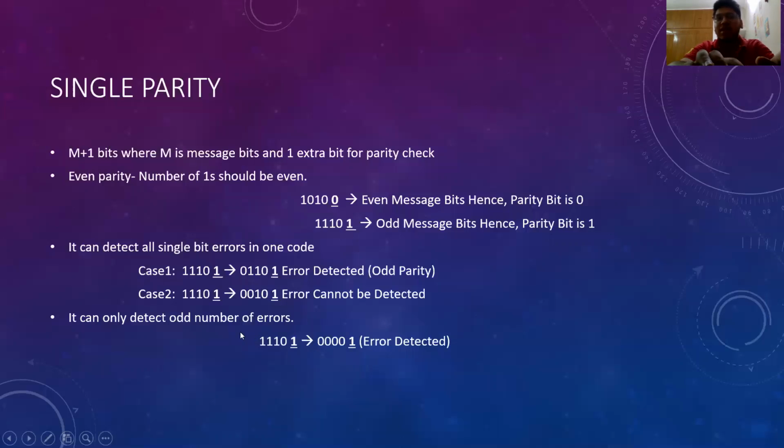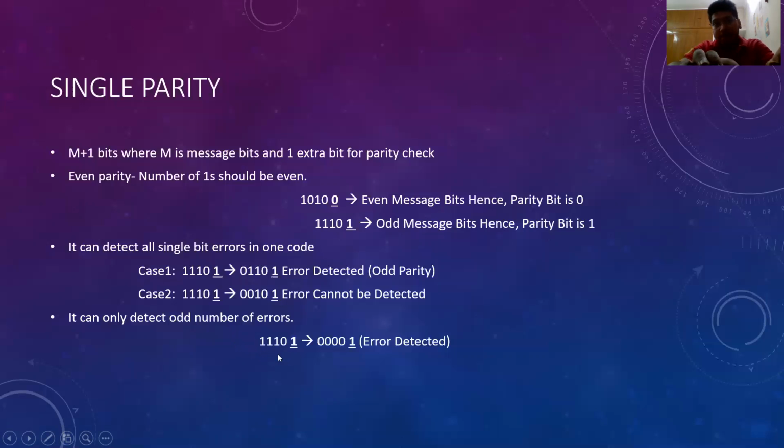So when there is an odd number of errors, here 3 errors, it is working fine. So what is the conclusion of this? This works fine for single bit errors, but does not work for 2-bit errors. And it also works fine for 3-bit errors or any odd number of errors.